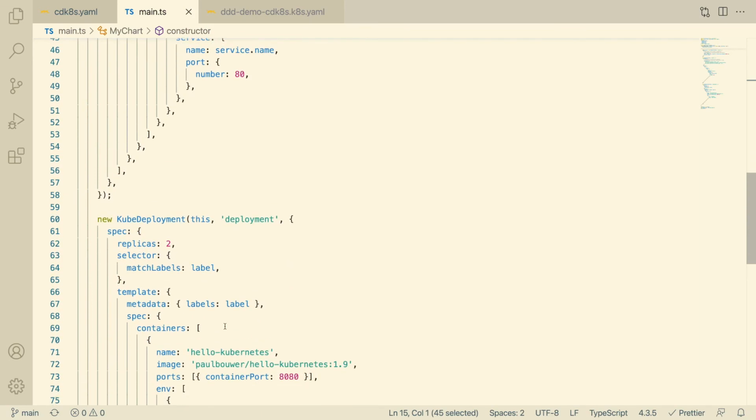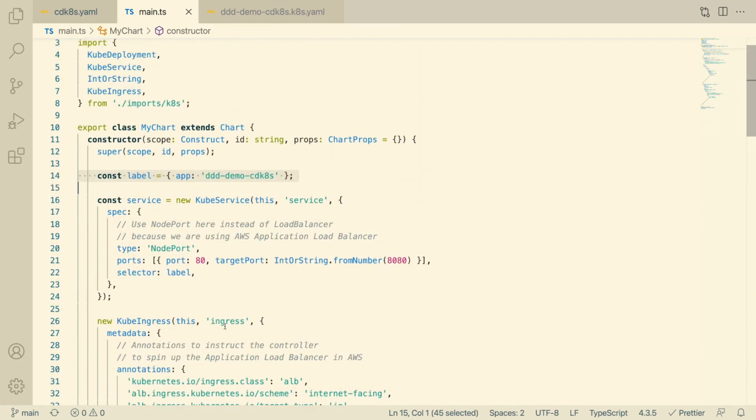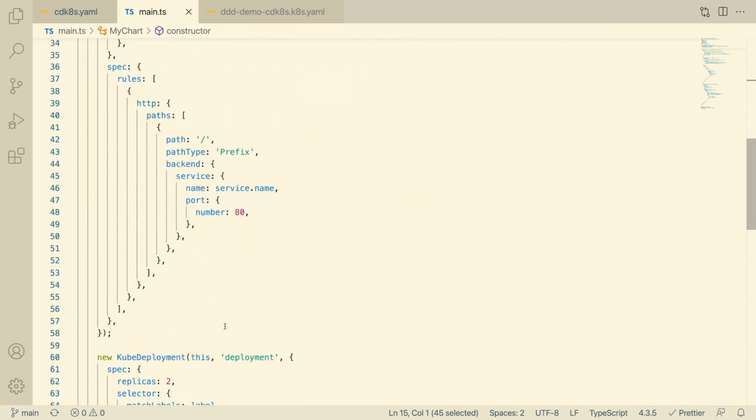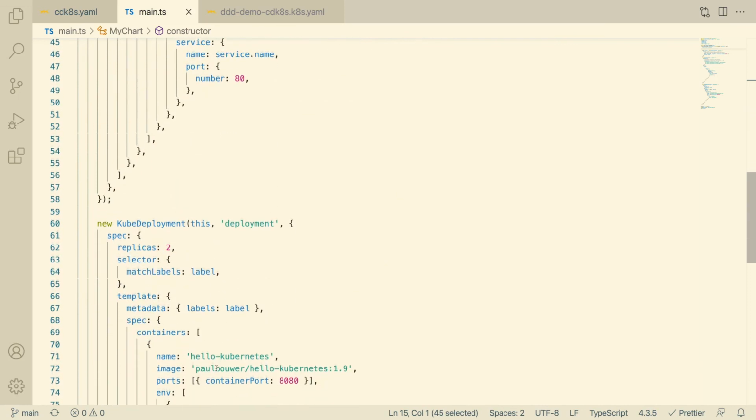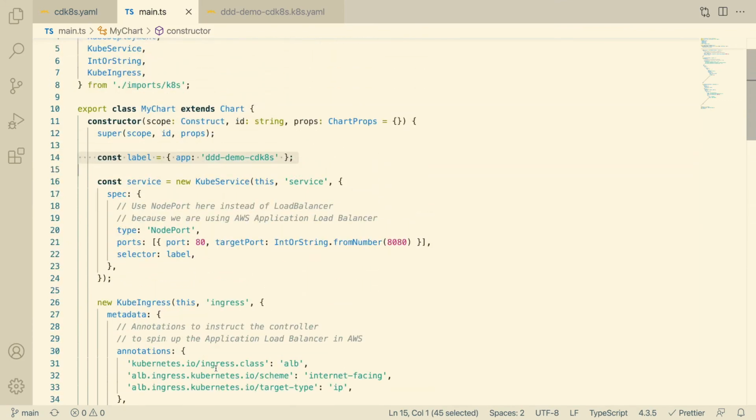So you may notice here that there's still quite a bit of boilerplate. You might find that you're constantly writing the same charts over and over again. Maybe you just want to change one property, such as the container name. CDK8s supports these kinds of abstractions, and they're called constructs. So if you were in that situation, you could simply publish this as a construct, and then you've got your regression testing on that as well, so you know that it hasn't changed. And then you can just consume that construct as many times as you want.